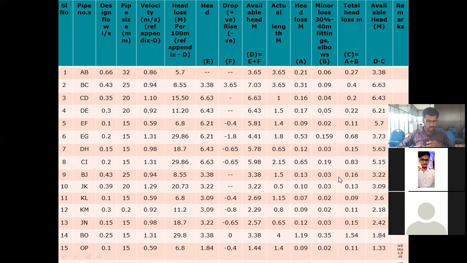Actually, the head needed to supply water directly to all water supply fittings: for a one-story building, the height should be 7 meters, and then you will be getting a proper head. If it is a two-story building, it should have a height of 12 meters from the ground level. Then only you will get the proper head at the end, at least 2 meters. So always we have to adjust the pipe diameter in such a way that we get the head at the end. It's not 0.3, it is 2.